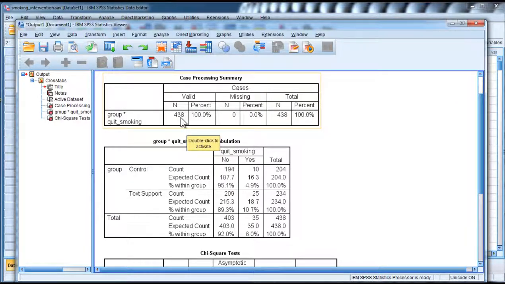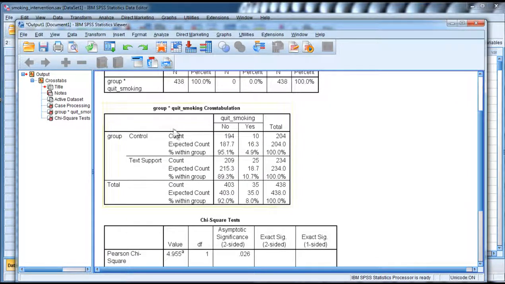Sample size of 438, and we can see that the control group had 204 people in it, but the tech support intervention group was 234, so nearly equal, but still more people in the tech support group. The key percentages we want to look at here are 4.9% of the control group who quit smoking after, I believe, 6 months in this program.